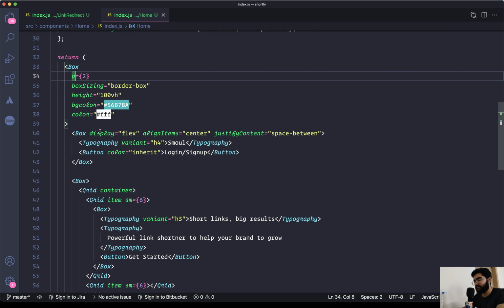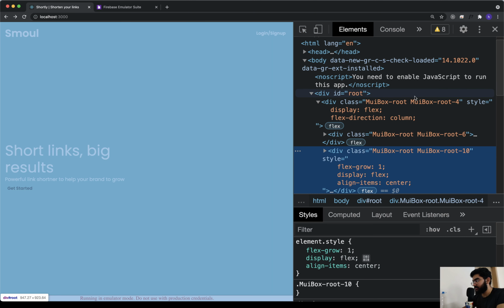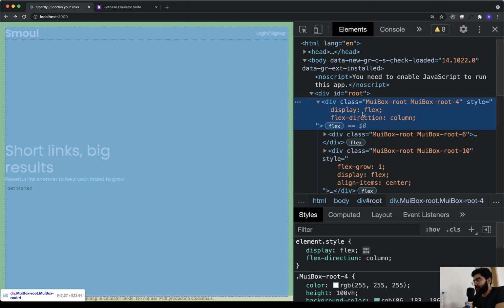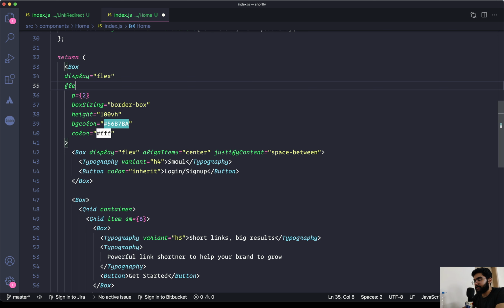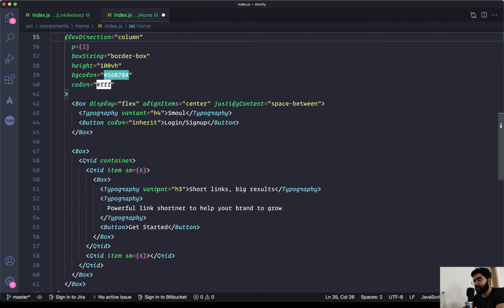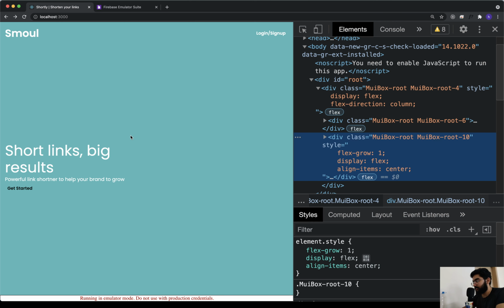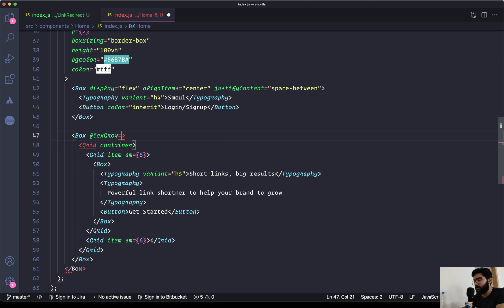Let's fix a few things. Well, actually, we need to add in the stylings, which we just did. And let me just cross check. So on the main box, we have to set the display to be flex and the flex direction to be column. So let's do that first. Over here, let's set it to be flex and the flex direction to be column. Then on the internal box, which is wrapping the grid container, which is this thing, we need to set the flex grow of 1, so that it takes the entire available space, and the display of